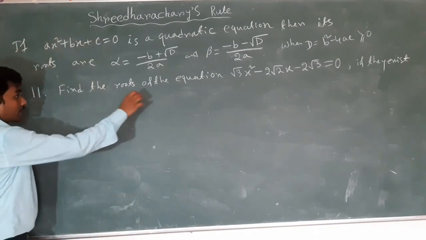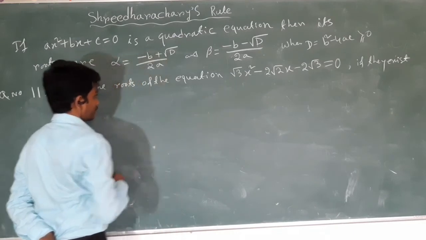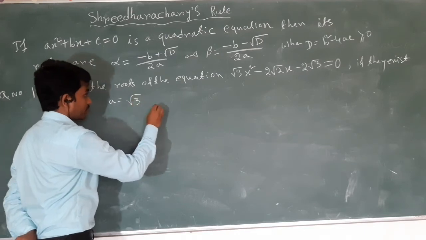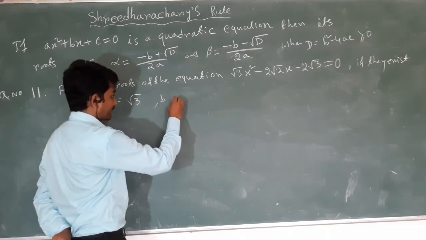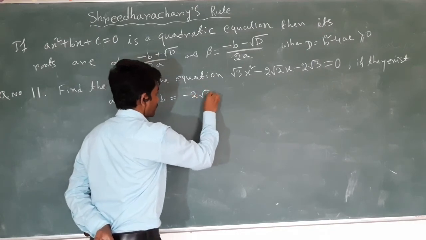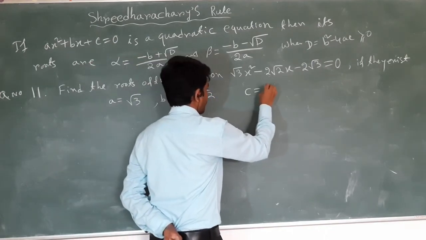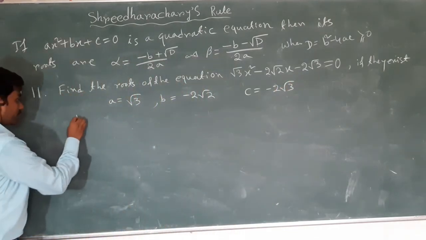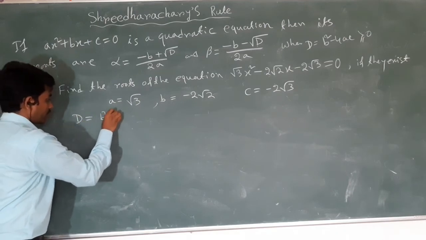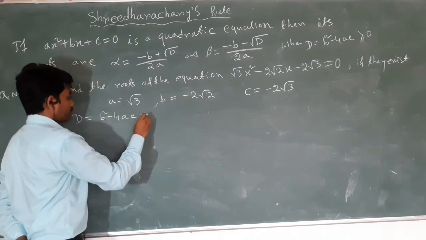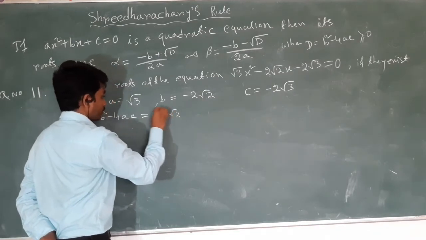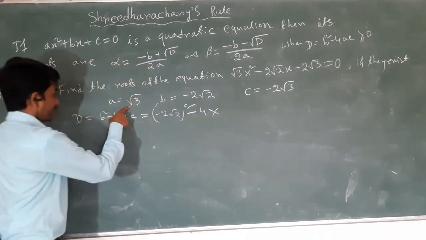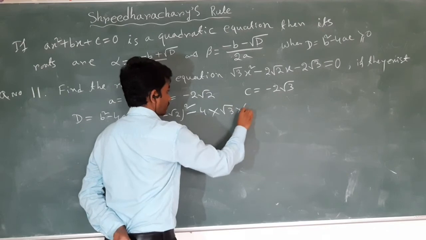So here from the given quadratic equation, a is equal to the coefficient of x square, that is root 3, b is equal to the coefficient of x, that is minus 2 root 2, and c is equal to the constant term, minus 2 root 3. Now we find the discriminant. D is equal to b square minus 4ac, that is minus 2 root 2 whole square minus 4 into a into c